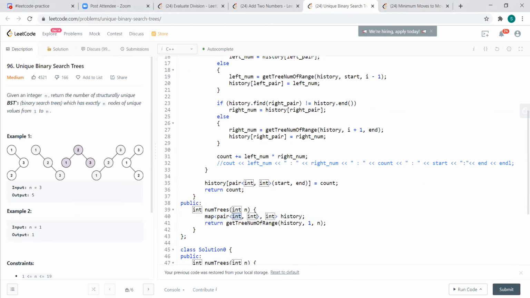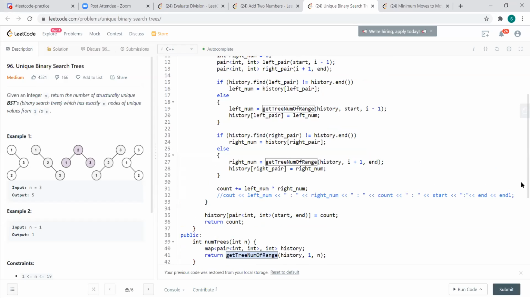We can come to that later. It's just a map storing the pair, and it's for memoization. And then I'm saying my start will be one, and my end will be n. So this is the get tree num range, which is the recursive call.